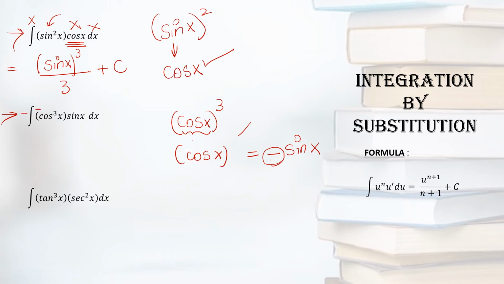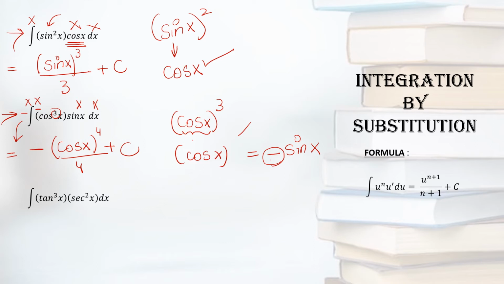Now, once it is done, you are going to ignore the complete negative sine x which is inside the integral sign in the answer because it is the derivative. You will ignore the dx, you will not write this dx, you will not write the integral sign. The negative that is outside the integral sign, write it in your answer. Attack the power, so it becomes cos x to the power 4 because 3 plus 1 is 4, and divide by the same number, over 4, plus c.